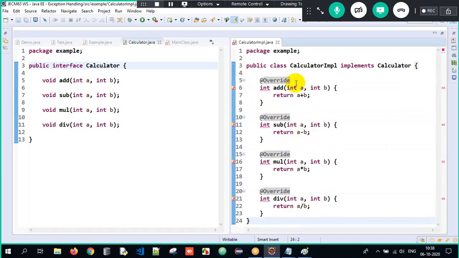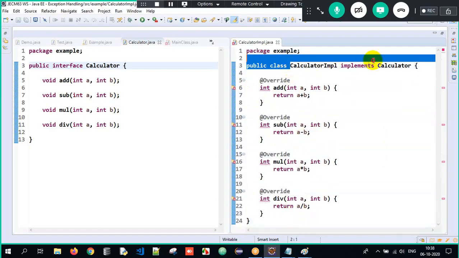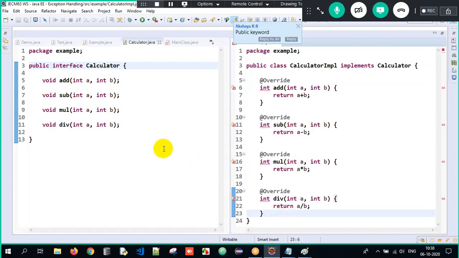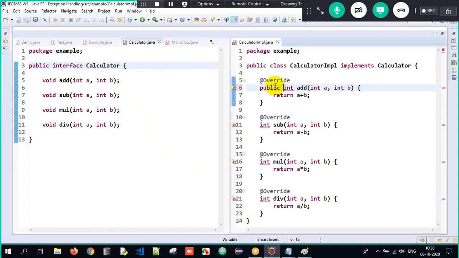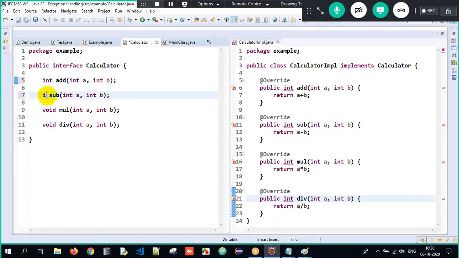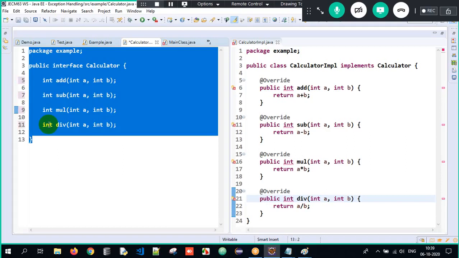Any idea? Sir, when a class is implementing an interface, we have to override the abstract methods. But since those abstract methods are public here, we have to mandatorily write it as public here, because the access specifier should be same or of higher visibility. So what are the rules for achieving abstraction over here? Oh, I'm so sorry. The return type is int, no? So I have to change the return type to int also, because it's not void, because it is returning something.